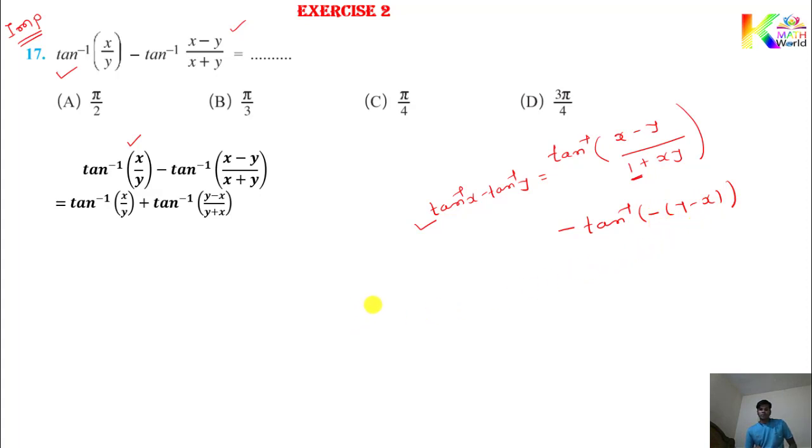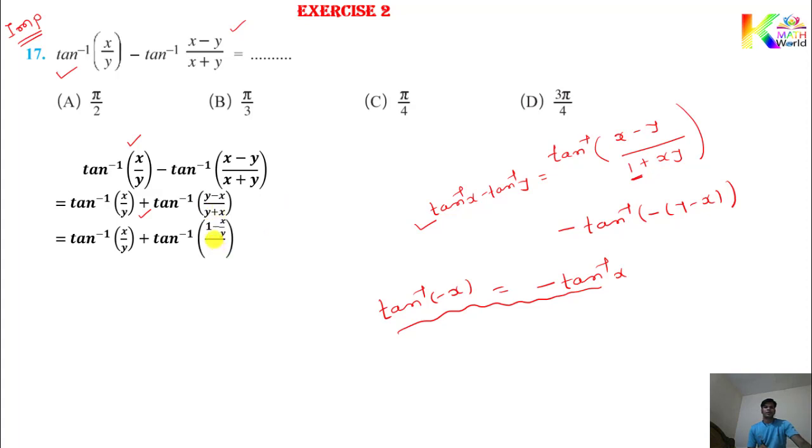Okay, you have another formula, tan inverse of minus x. For a negative value you get the minus sign directly outside. What is the answer of tan inverse of minus x? Minus tan inverse x. So this minus will be outside, so you got minus minus plus. That's why here I have written plus tan inverse of y minus x over y plus x. Okay. So now to set x by y format, divide numerator and denominator by y. So in the next step we get tan inverse of x by y plus tan inverse of 1 minus x by y over 1 plus x by y.